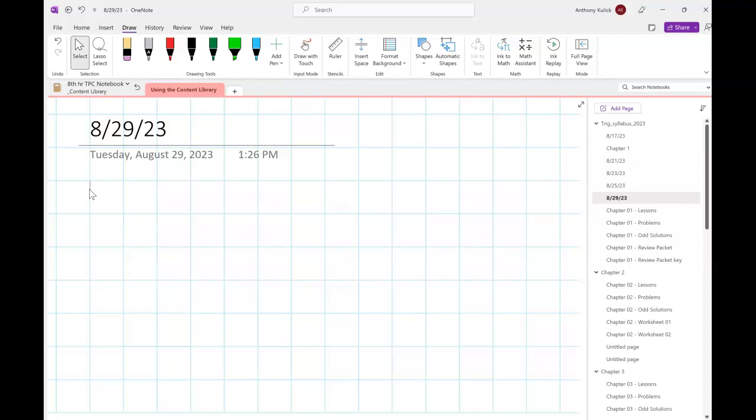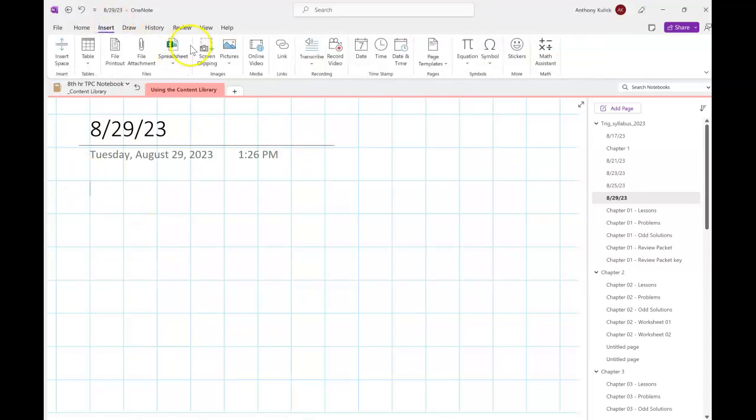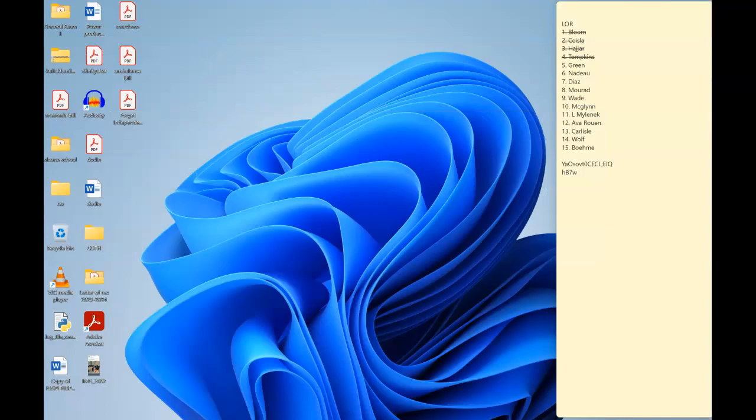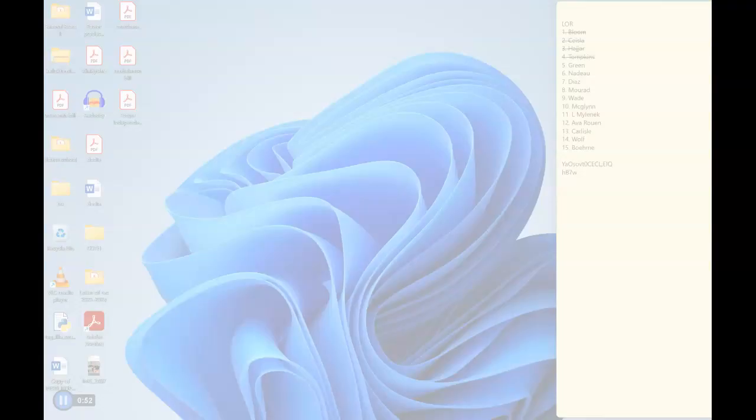Okay, fair enough. Then we will continue on with where we left off in chapter 1. So today we're going to be looking at sections 5 and 6. In section 5, we're going to be talking about